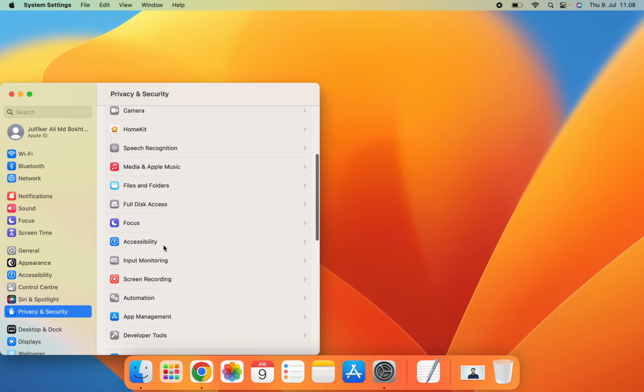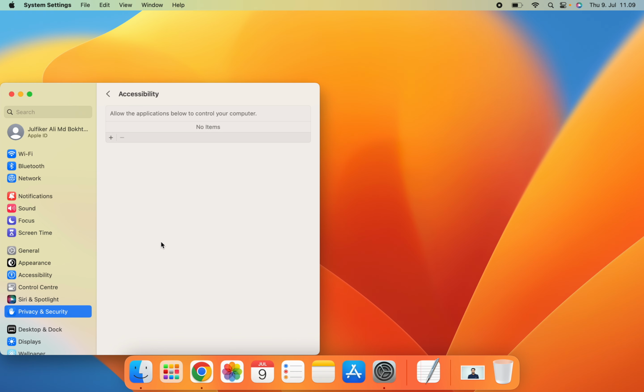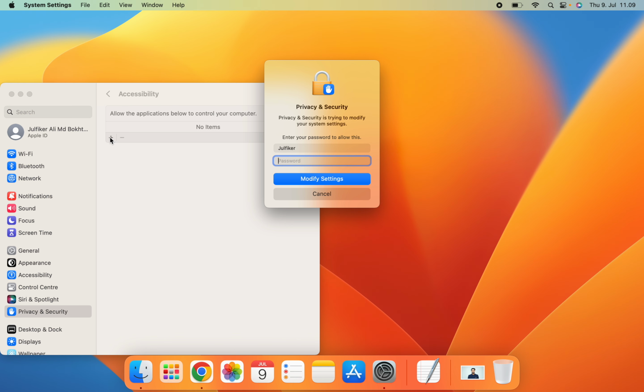Then we have to search here for accessibility and click over there. Now click here on this plus icon. Now put in our password,